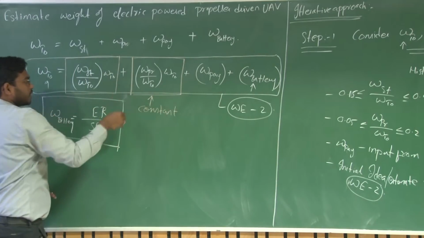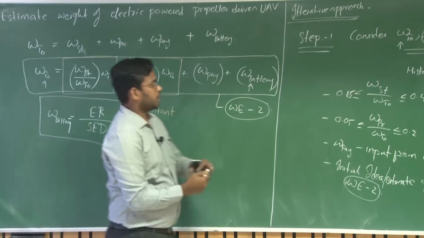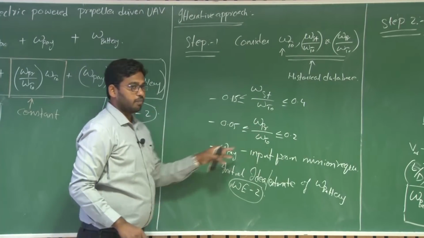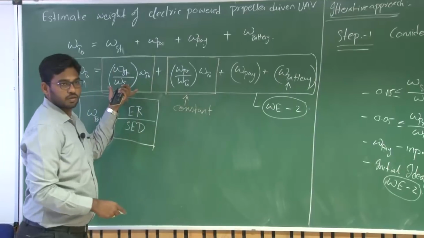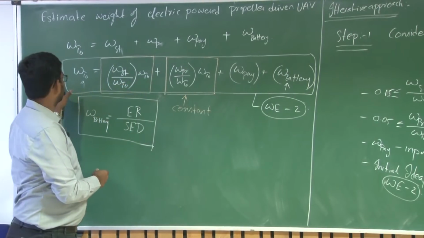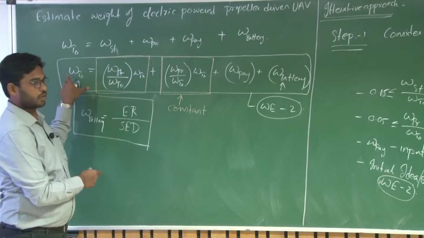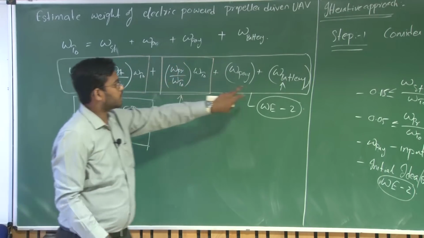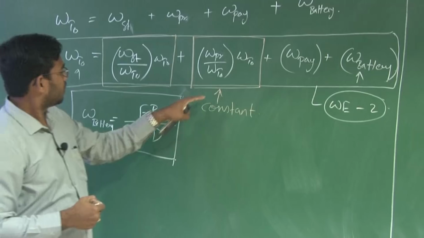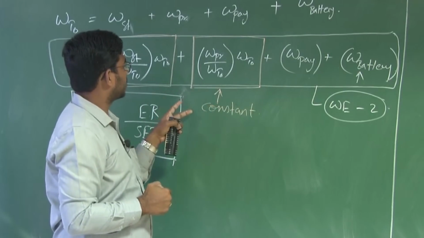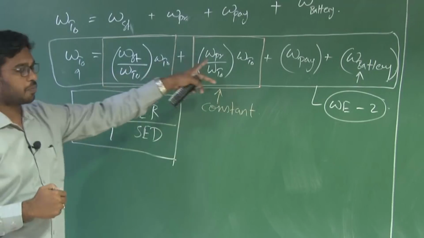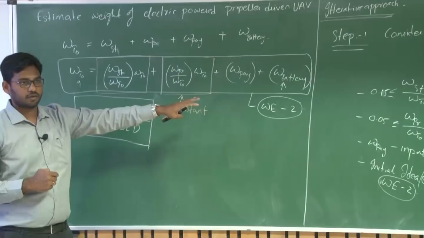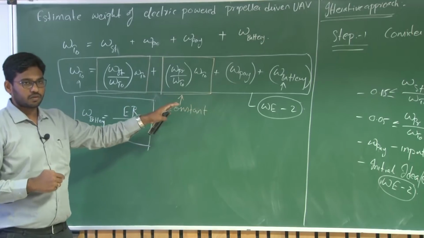During the first iteration, once you assume the values of ST by WTO and PR by WTO, multiply by the initial weight of the UAV, which is again from the historical database. Now fix these two values; you don't iterate these two values. The only thing we are trying to change is the battery. While considering them constant, what we are assuming is that the structural weight and the propulsion weight are good enough to satisfy the UAV with the current requirement, right? So that's the initial iteration to start with.